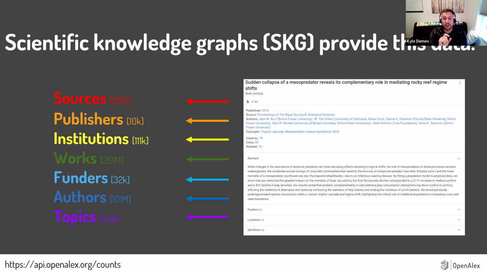Scientific knowledge graphs help provide this data. If you've never heard that term before, you've certainly heard of things like Web of Science, Scopus, Dimensions, OpenAlex. Some of you had heard of, some of you hadn't. But the idea here is we're going through works or publications, like this one here is one of mine, and we're trying to extract information about that to get the title, when it was published, where it was published, by who, what institutions they're at, what is the topic of the publication, who funded it, all of this information. And you can see here we try and extract that. And this is the underlying data that's required for all types of research intelligence.